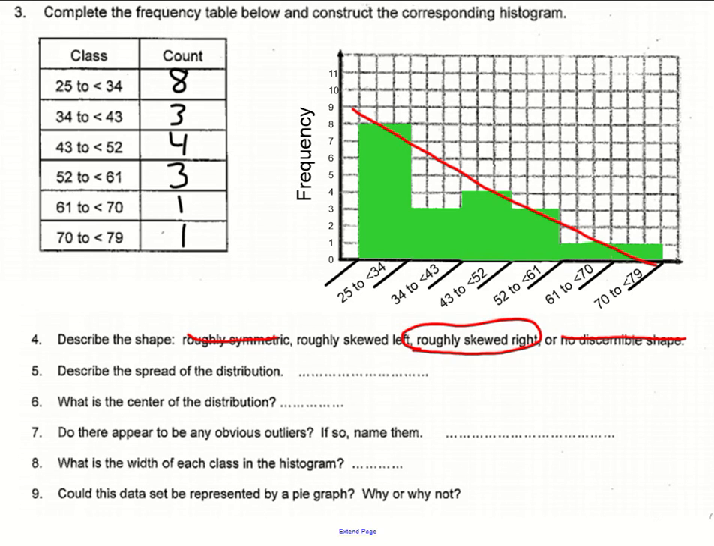Describe the spread of the distribution. Well, the data is more heavy on the lower numbers. It's a lot lighter in the upper numbers. What is